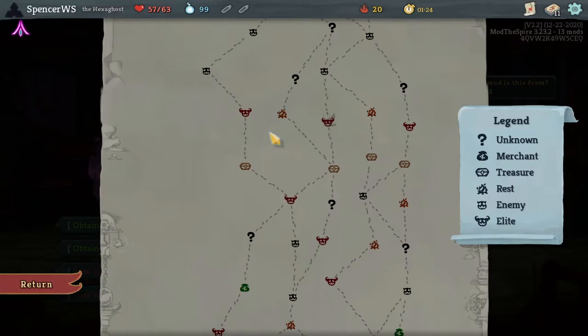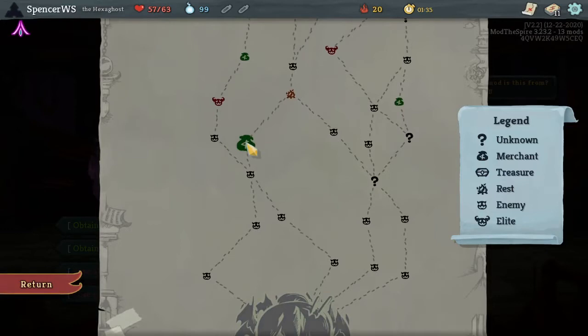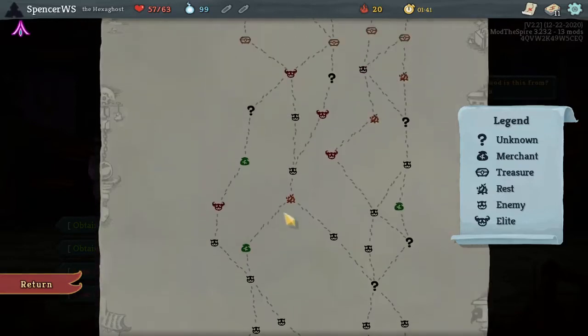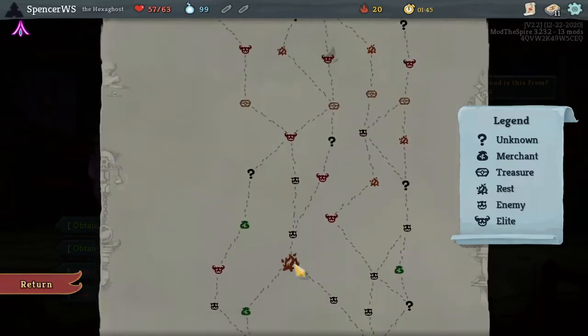Okay, so let me look at the map first. That's good practice. Look at the map first, then pick your bonus. Let's see. Okay, so there's a rest stop, and then there's quite a few fights before the end here. And there's a shop, which is not bad. If possible,